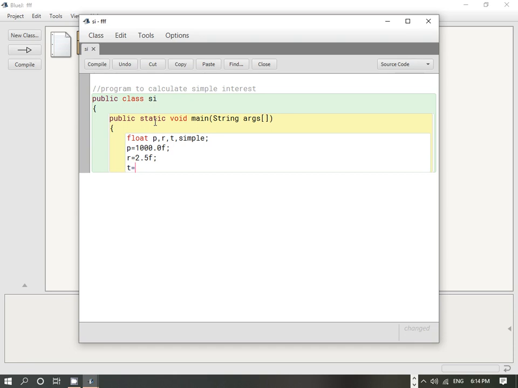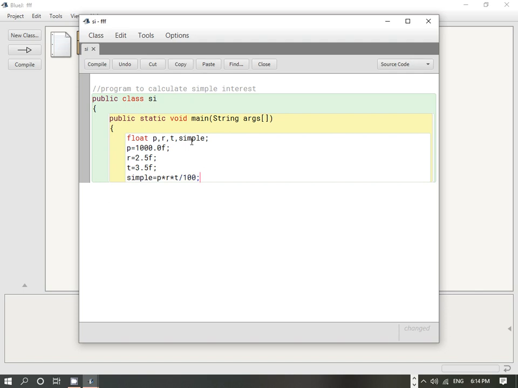Then time, suppose the time is 3.5. Now we will put the formula to calculate the simple interest. So this is our variable where we will store the calculated value. So simple equals to P into R into T divided by 100.